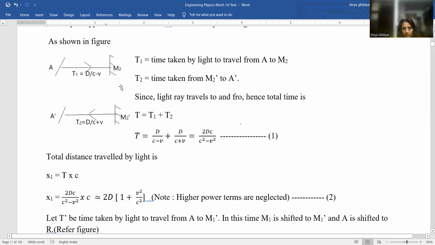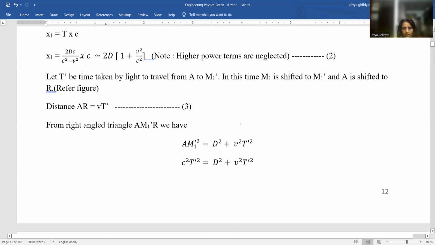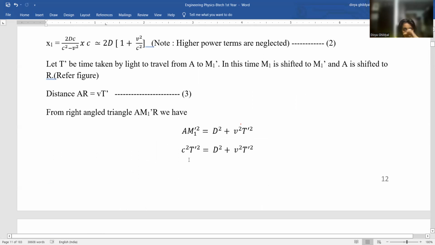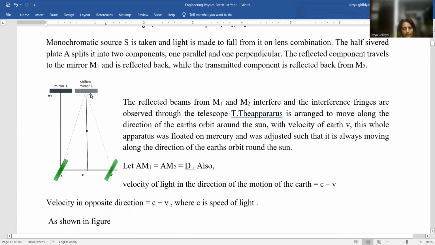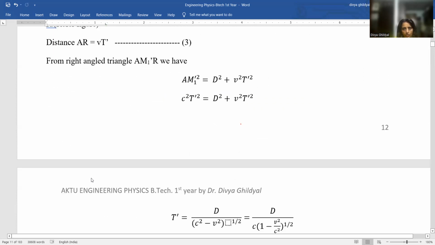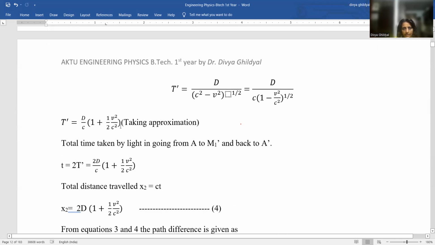Now this was for my horizontal part. Now let us solve it for the vertical part. Taking right angled triangle AM1 dash and R. This right angled triangle has been taken and Pythagoras theorem has been applied to it. Values have been put and we get the value of T as D upon C into 1 plus half V